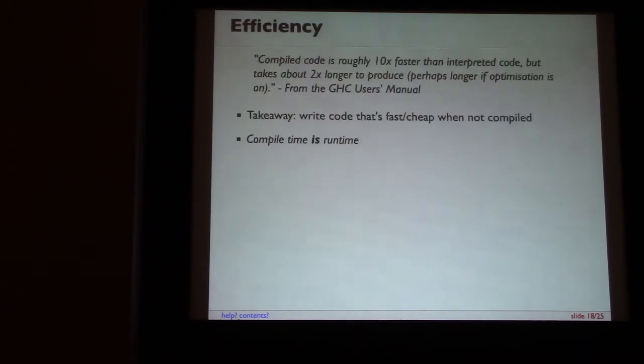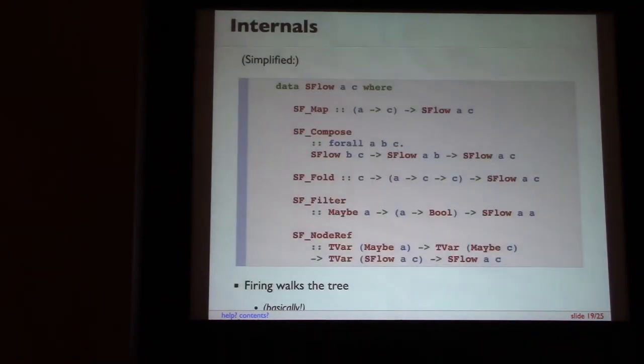I'm going to skip some of the design things because I'm a bit short on time. The only thing I want to note is for efficiency, a lot of the design decisions from Midair and live coding things in general comes from the observation that compile time is runtime for live coding. So if I'm on stage, I want to hit a musical cue and I miss it, I don't really care whether I missed it because the code was too slow to hit that cue, or whether the code didn't even start running because it was still compiling. My takeaway from this is we need to write code which is fast even when not optimized, which actually really limits what we're able to do.